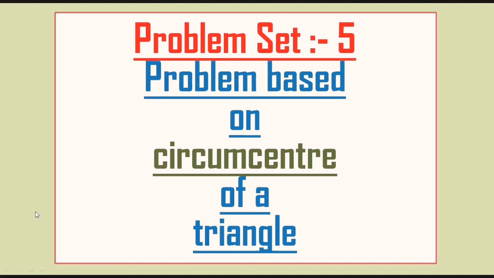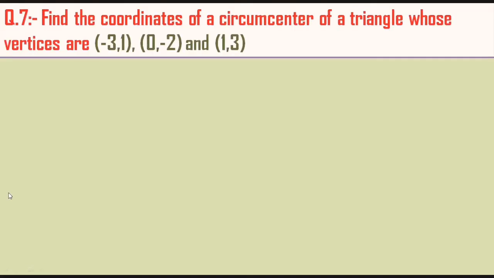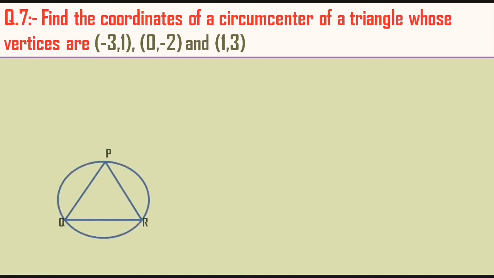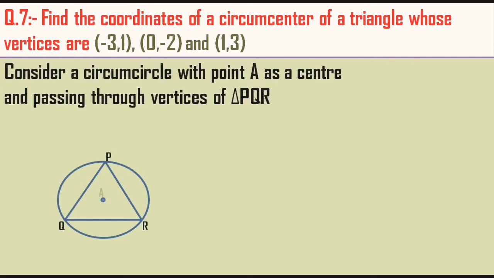So let's see what the question is all about. The question says to find the coordinates of the circumcenter when three vertices are given to us. For better understanding, consider a triangle along with its circumcircle. The vertices of the triangle are P, Q, R, which are given to us, and consider the center of that circle is